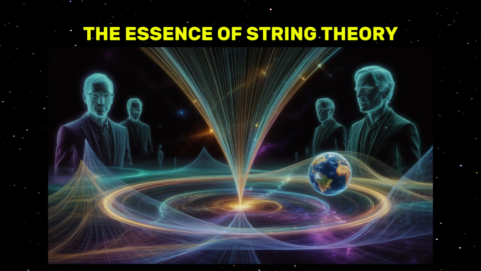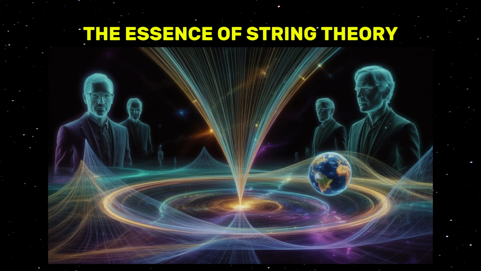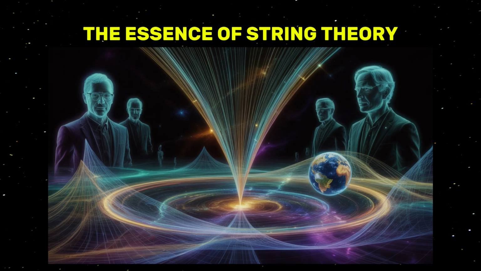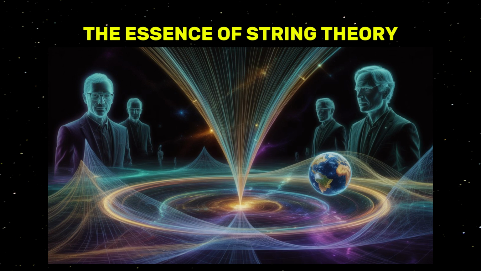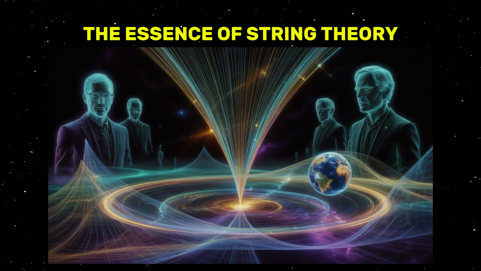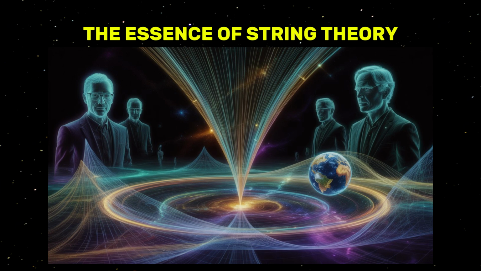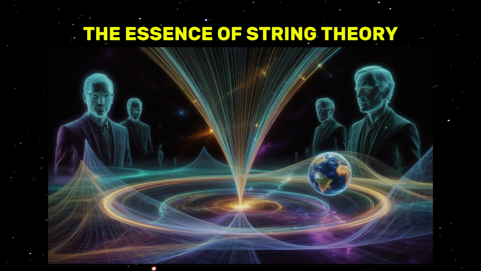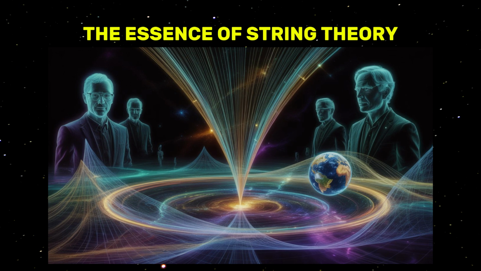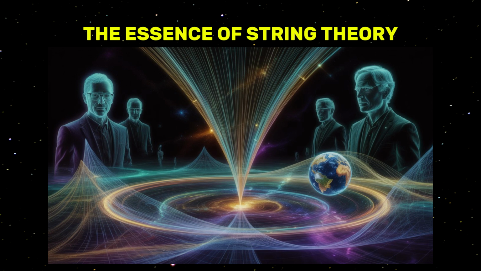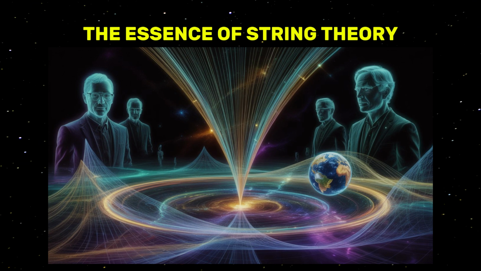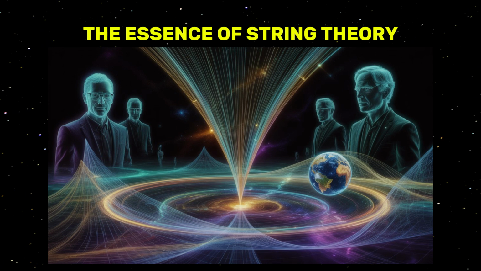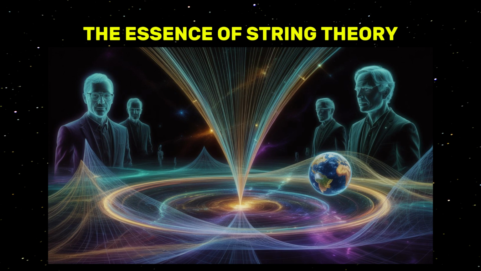In the mid-1980s, however, string theorists faced a new dilemma. Rather than uncovering a single unified theory, they found themselves with 5 competing versions of string theory, each possessing distinct mathematical structures. This was frustrating, as physicists were seeking one cohesive explanation for everything. Yet, in the 1990s, Edward Witten, a leading theoretical physicist, proposed a groundbreaking idea. These 5 theories might, in fact, be different expressions of a single, more fundamental theory. He dubbed this the M-theory, which introduced an additional spatial dimension, bringing the total number to 11.